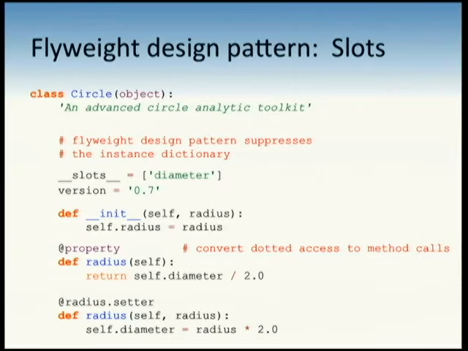This is good. So you implement the Flyweight design pattern, saving it for last by putting in dunder slots. It suppresses the instance dictionary, and it saves an enormous amount of memory, and now your friends are free to run 10 million circles without eating up all the memory on their machine. Who learned something new? Do you do slots first or last? Last, because if you do it first, you lose the ability to inspect the dictionary, you lose the ability to add new variables along the way. But if you stick it in right at the end, you get memory efficiency.